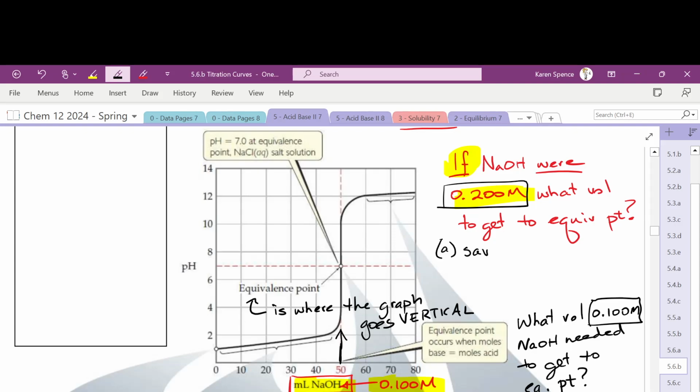Same volume, half the volume, 2 times the volume. You can vote either A, same volume, B, half the volume, C, 2 times the volume, or D,